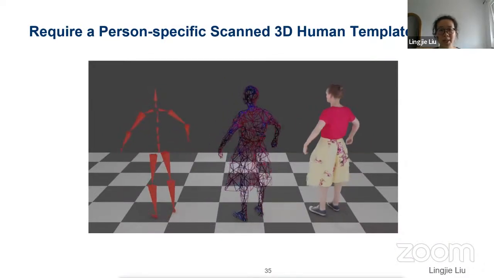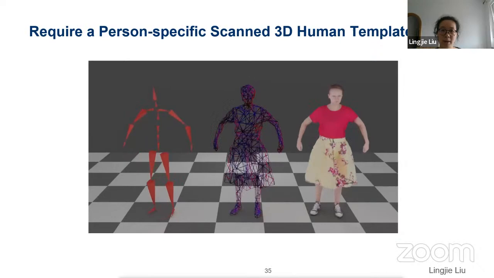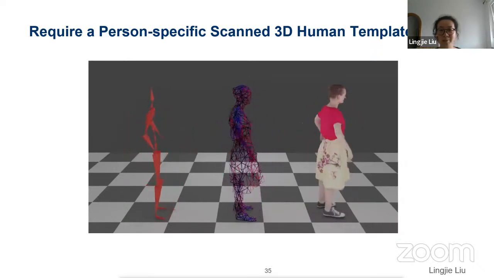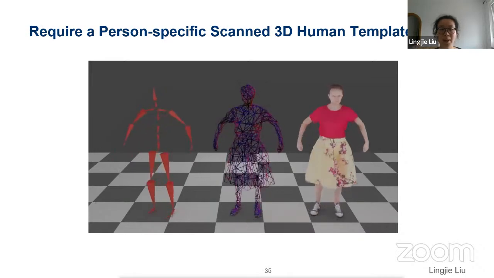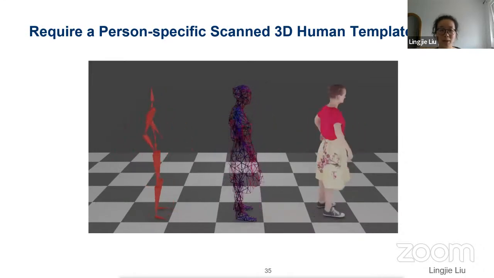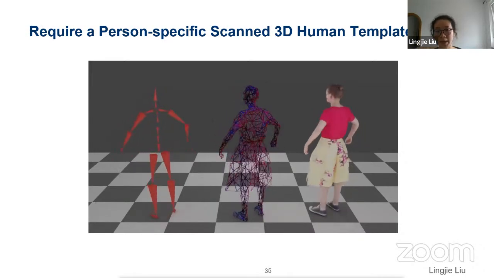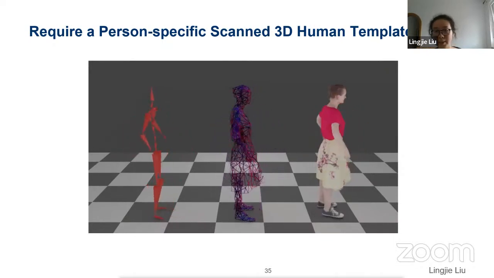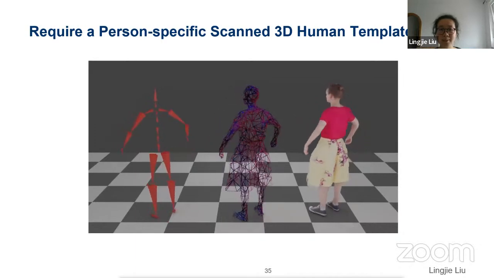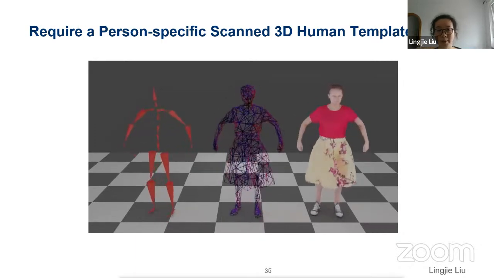However, a limitation of this approach is that it requires a person-specific human template, which means that for each person, you need to scan the person from multiple views, construct their template, and do the skinning. This is a very costly process.